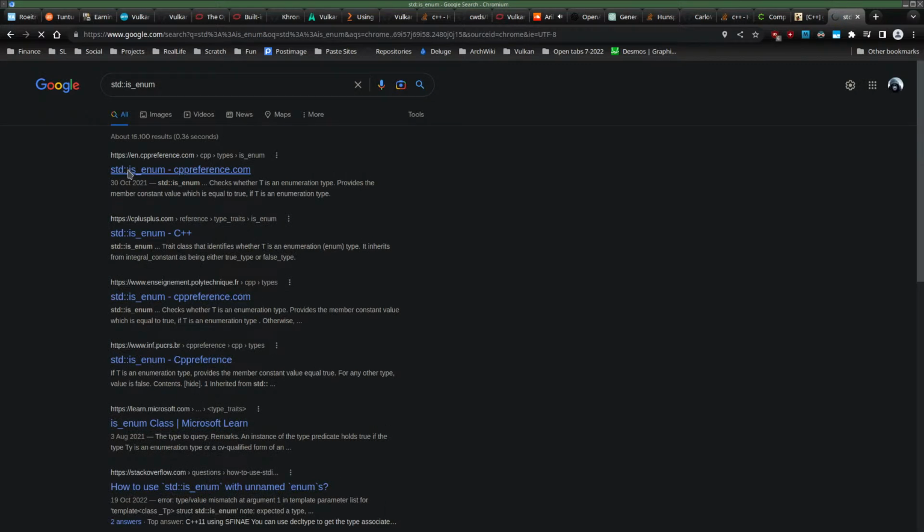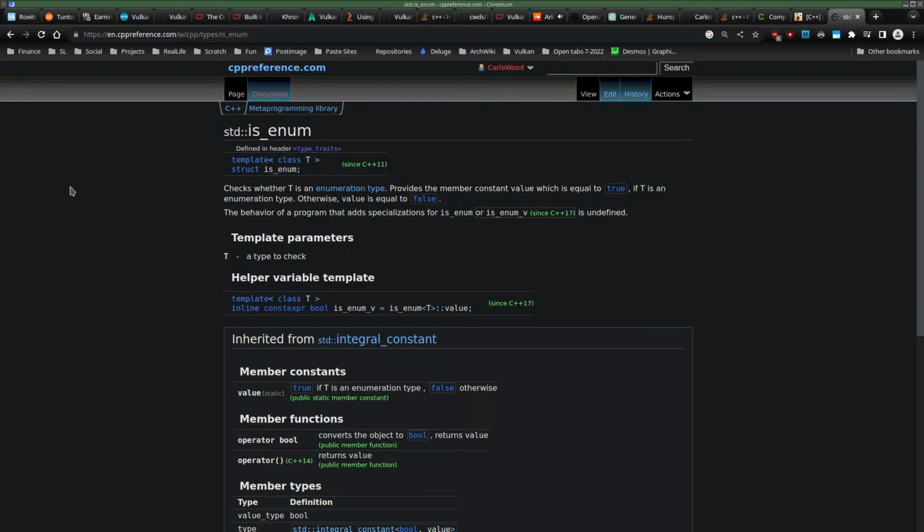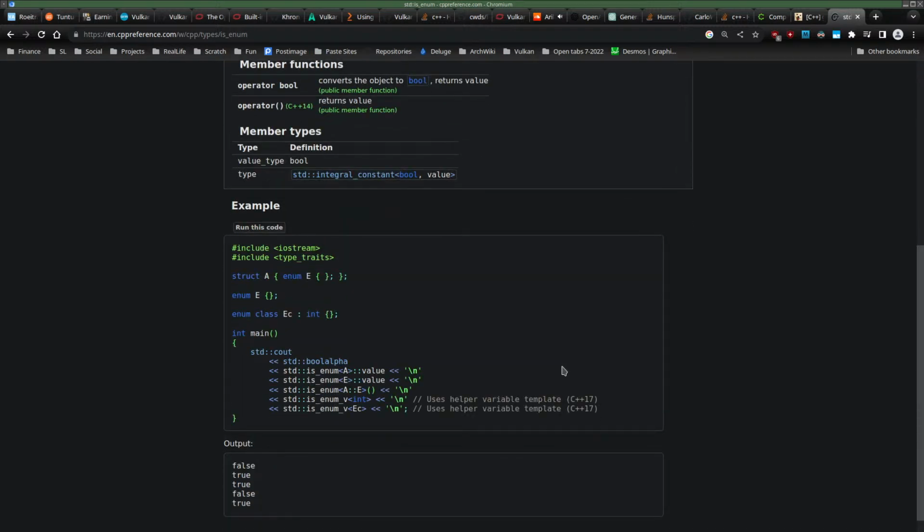Type traits. Example. They use value though. Use a helper variable template.